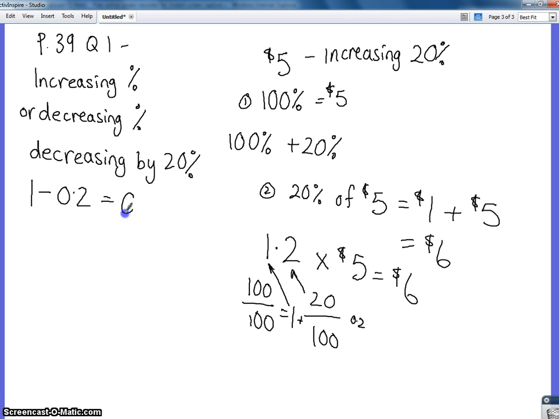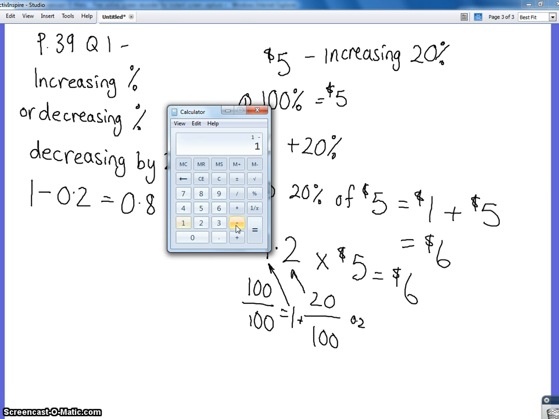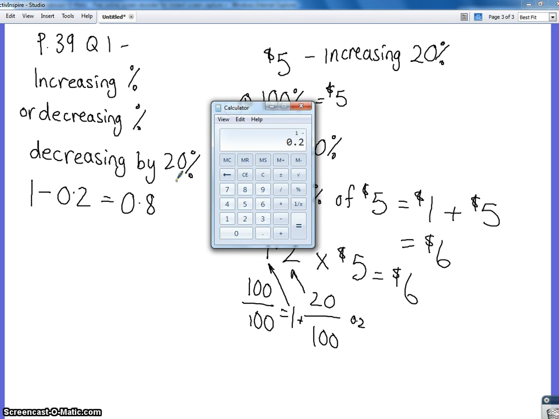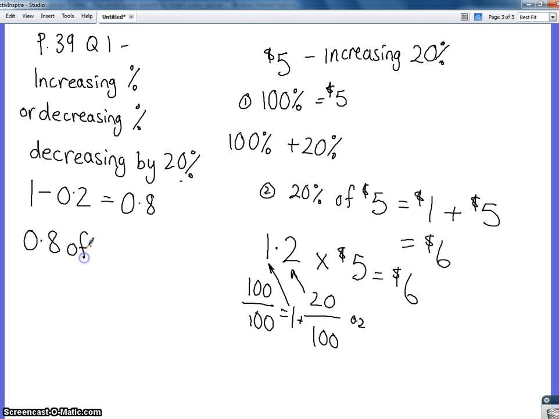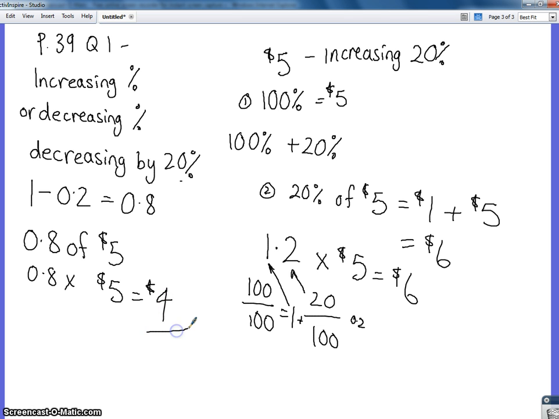Alright, so we're actually paying 0.8. Can you see that that's what we've done? 1 subtract our percentage. We're decreasing by 20%, so 1 subtract 0.2 gives us 0.8. That's the process that we go through. So 0.8 of $5, 0.8 times $5 gives us our $4. There's a slower explanation on the